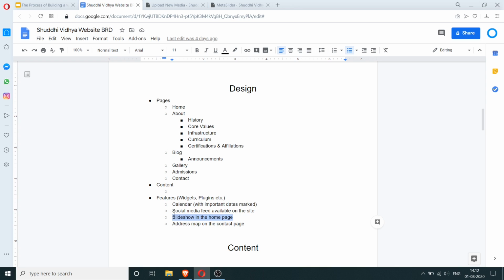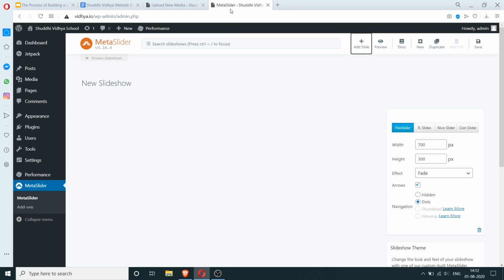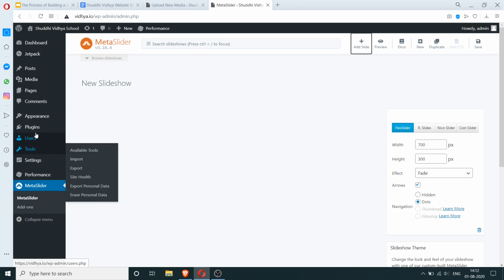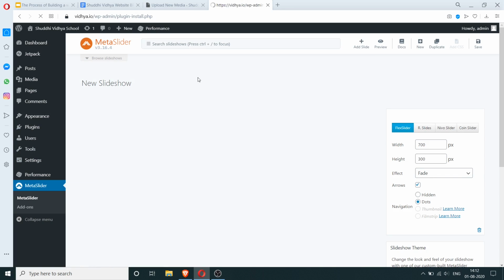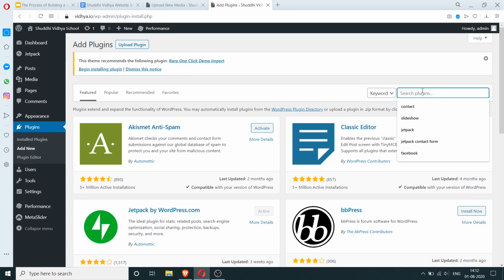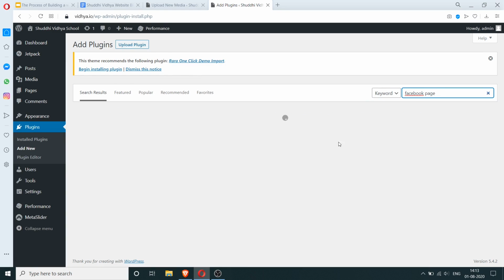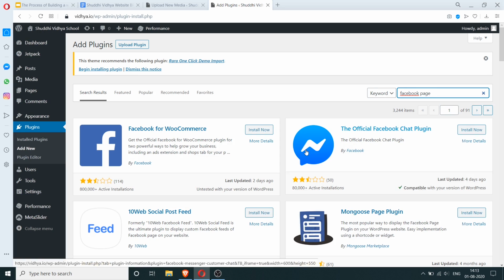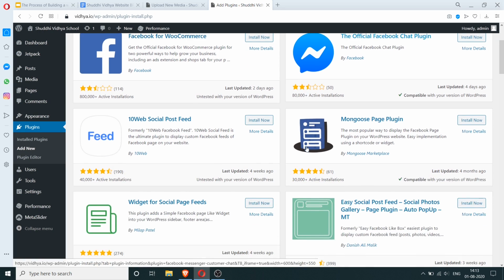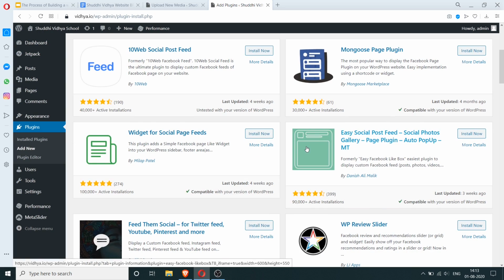The next thing is a social media feed available on the site. So let's go look for that plugin. We have a Facebook page and a Twitter page. So let's look for Facebook page here. This plugin adds a simple Facebook page like widget in your WordPress sidebar.